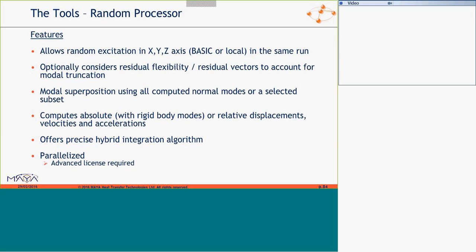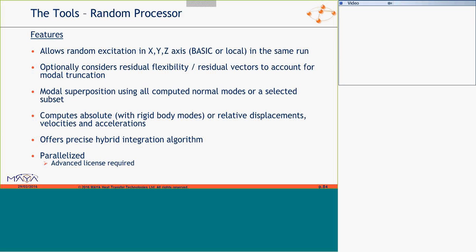So what else does our product have? It allows you to do 3 load cases in a single run. Residual vectors, in the same way that the SIME processor does, so I won't go into that again. You can pick them using modal superposition. It computes relative displacements, accelerations, and velocities, optionally.